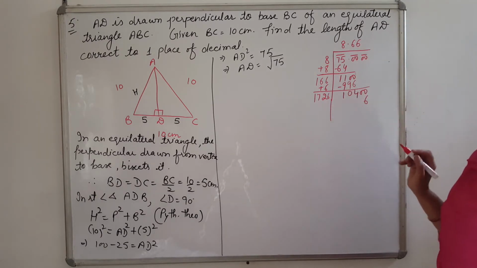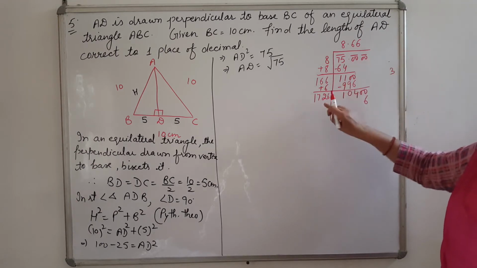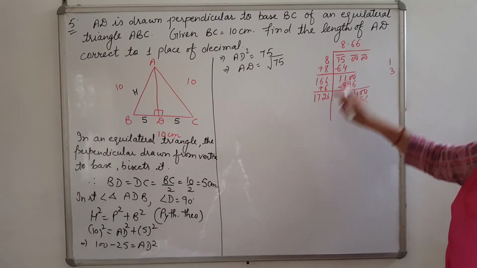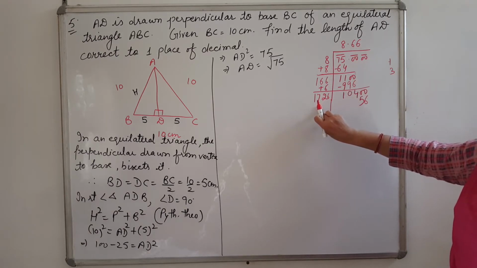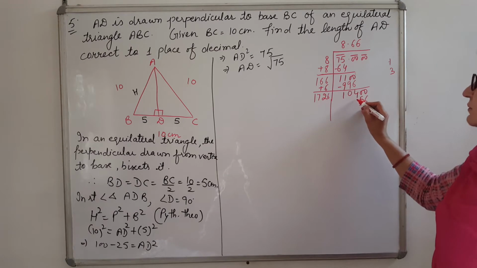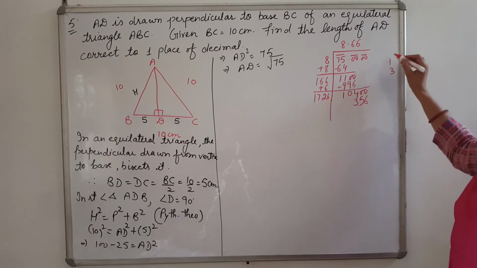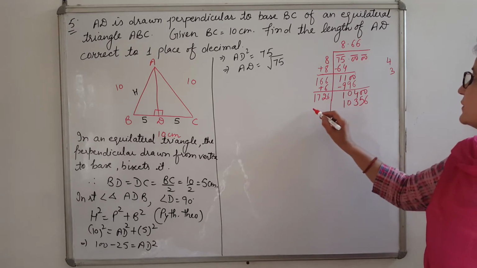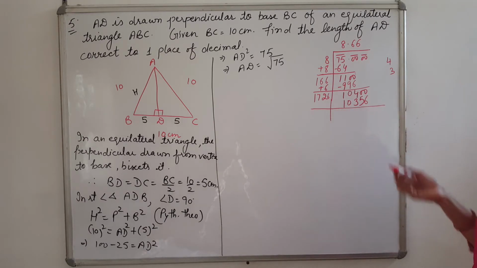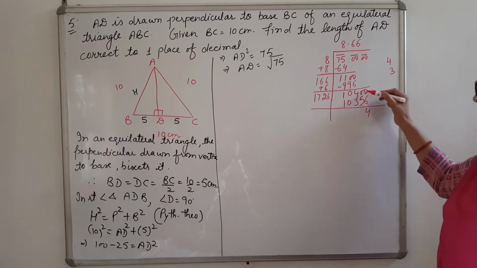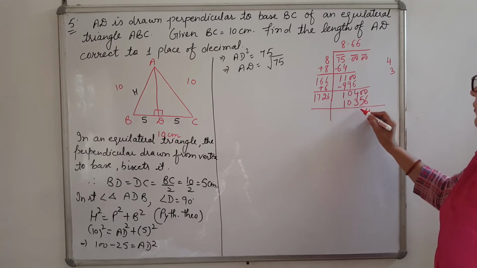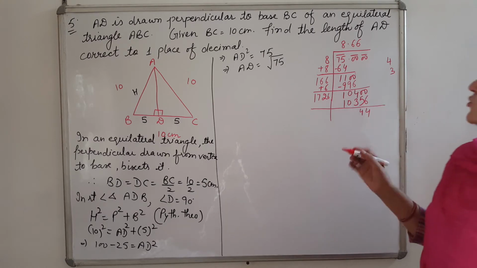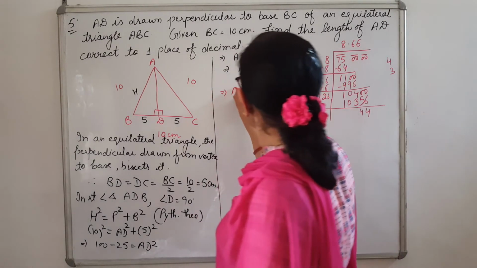6 6s are 36. Then 3. 6 2s are 12 plus 3, 15, 1. 6 7s are 42, plus 1, 43. 4. 6 ones are 6 and 4, 10. You subtract, 4 will come. And from here, one more 4 will come. So, AD equals